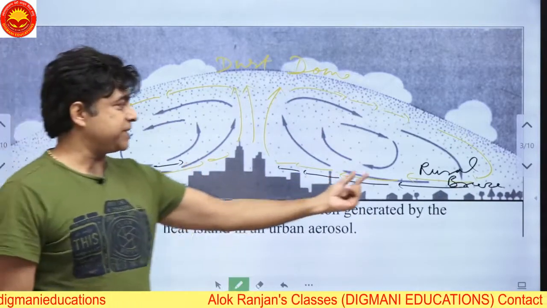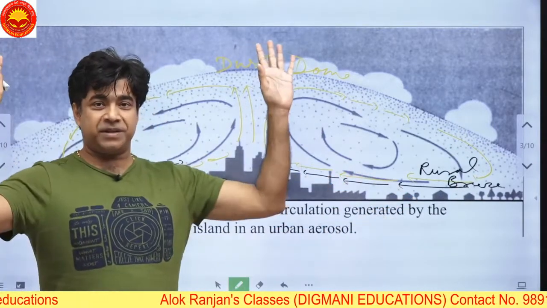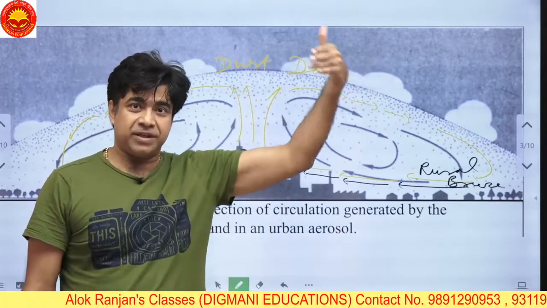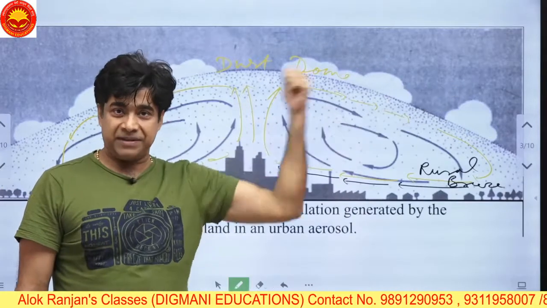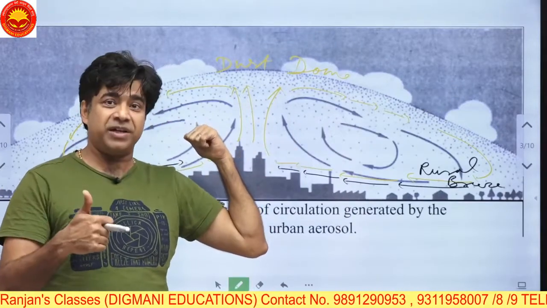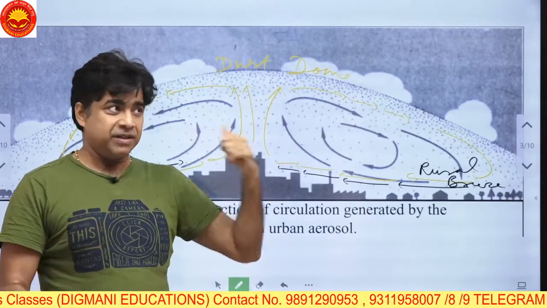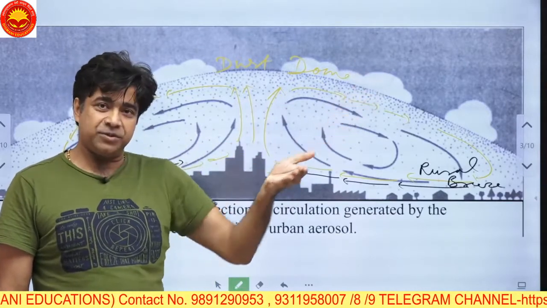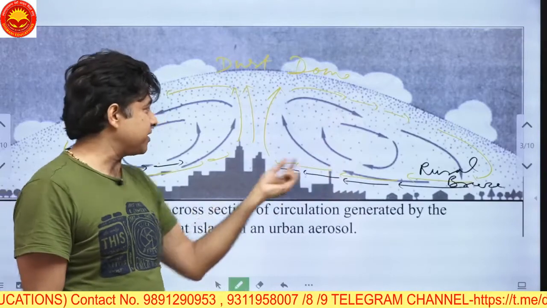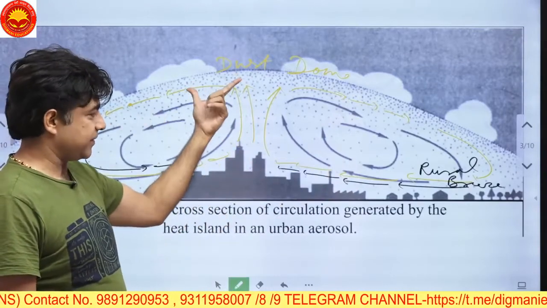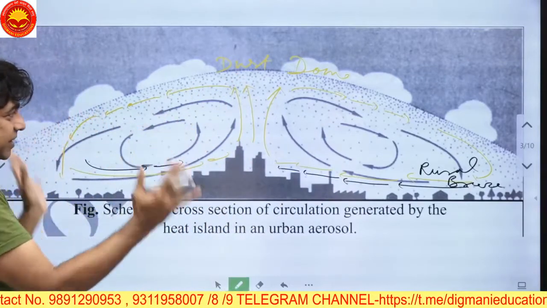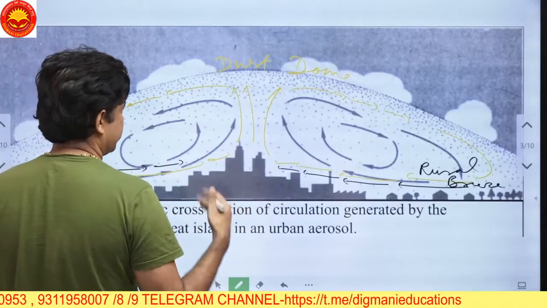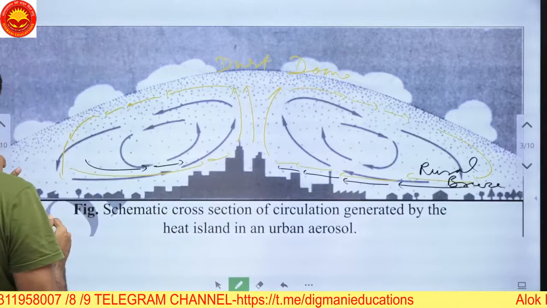So if you go to the city fringe area, just stand up there in the morning at 4 a.m., you will find that the rural area is much colder, and the urban heat island phenomenon, if at all it has been created, the rural breeze will be coming towards you, and the cold air gradually comes towards the city. And as it comes, it is heated again and it rises. So this diagram is showing the rural breeze and the convectional system which will develop in an urban heat island.